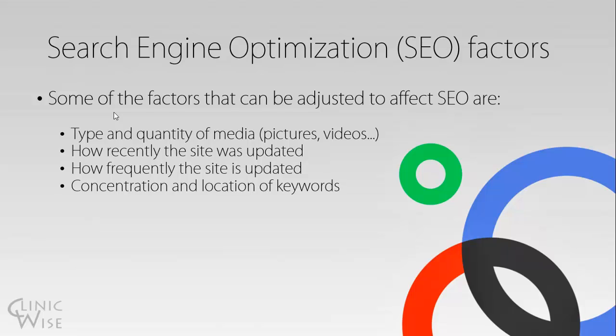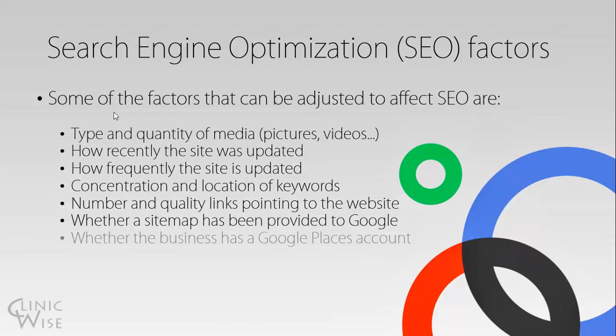So if somebody searches for a topic like headaches, how often does the word headache show up on a given page? How many other websites have links that point to your site and the quality of those websites? The integration of other Google products, like submitting a sitemap to Google or creating a Google Places page,